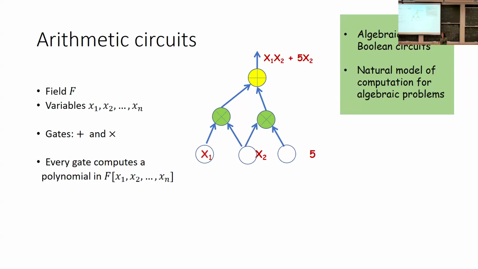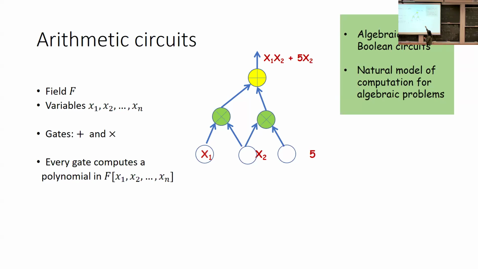Yes, Bobby? Gates have unbounded fan-in. So if you look at unbounded depth circuits, one can think of fan-in-two gates, because with a small blow up, you can make everything fan-in-two. But we'll also be talking a lot about constant depth circuits in the talk, and then we'll allow for unbounded fan-in. Thanks. Good. So for now, let's assume that the fan-in of any addition or multiplication gate is an arbitrary polynomial in the number of input variables, so it's really arbitrary. The size of the circuit can be the number of wires in the circuit, if you prefer that measure.